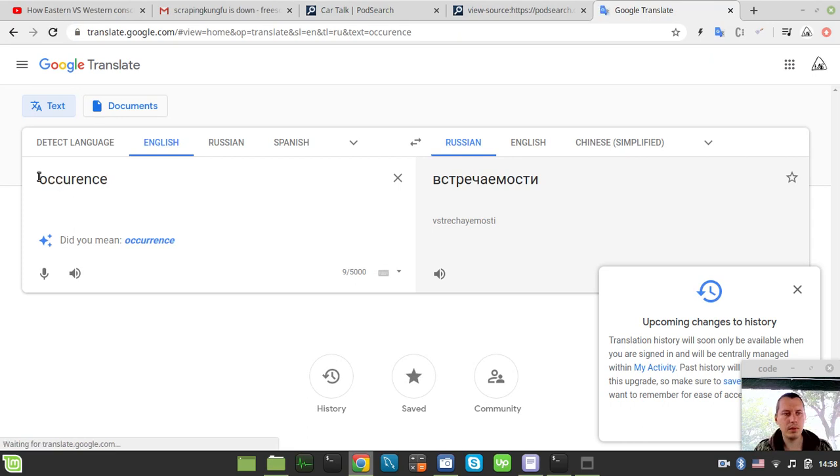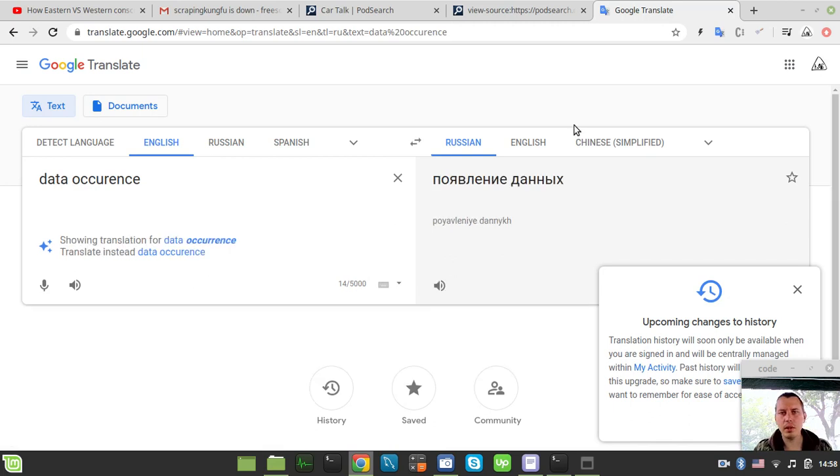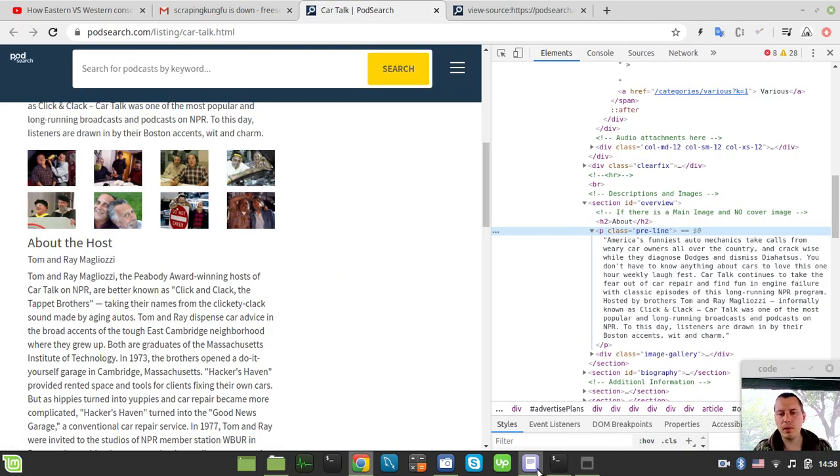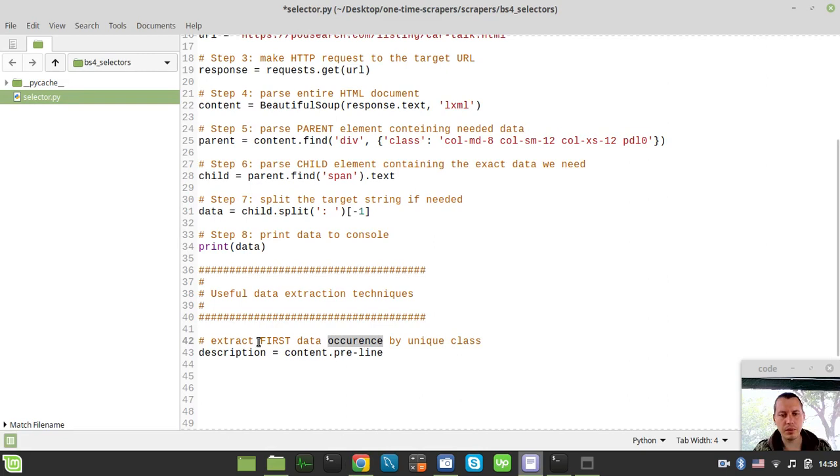Occurrence. Okay. Can I say data occurrence? Just wondering. Yeah, exactly. So if we extract the first data occurrence by unique class, content dot find, we're using the find method, just like right over in here, and we're looking for a p tag, and now we specify the attribute we're searching by. So this would be a class, and